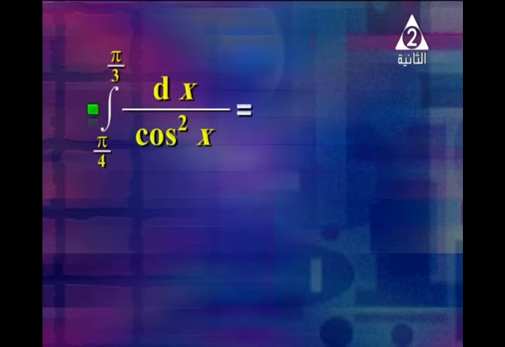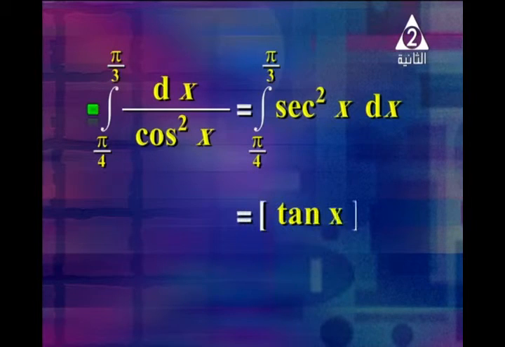After that, we translate how to find the integration of dx over cosine square x from pi over 4 to pi over 3. Pi over 4 is 45, pi over 3 equals 60, with respect to dx. Now, what is the multiplicative inverse of cosine x? It is sec x. What is the multiplicative inverse of cosine power 2 x? It is sec power 2 x. Then we find dx,